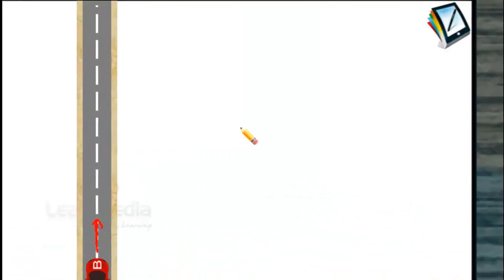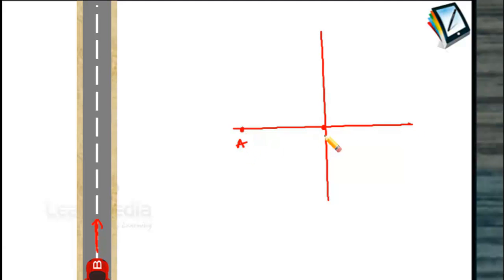Suppose I show you the picture here for the two cars' positions. Car A is here, car B is here. The distance between them is L. After some instant, suppose car B arrives here, car A arrives at this point. The distance between them will be somewhere like this. Maybe this distance is shortest. After some time the car B arrives here, the car A arrives here. The distance between the two cars will be this.